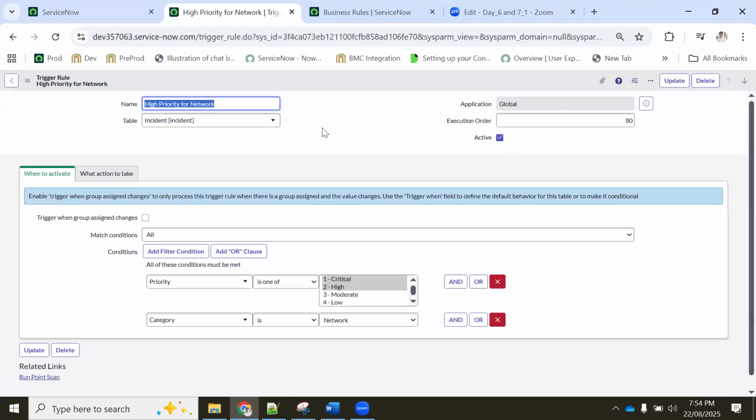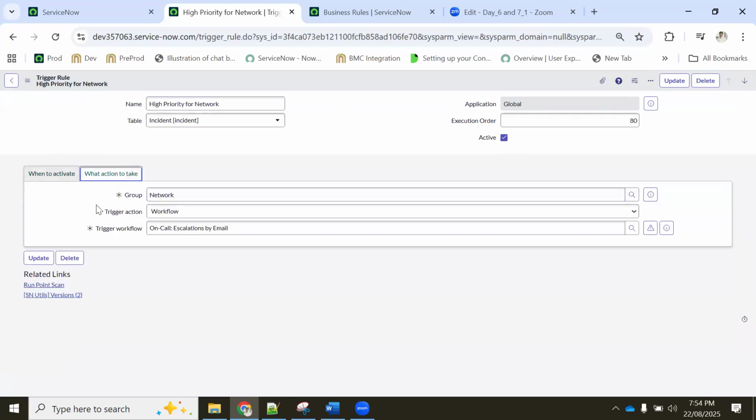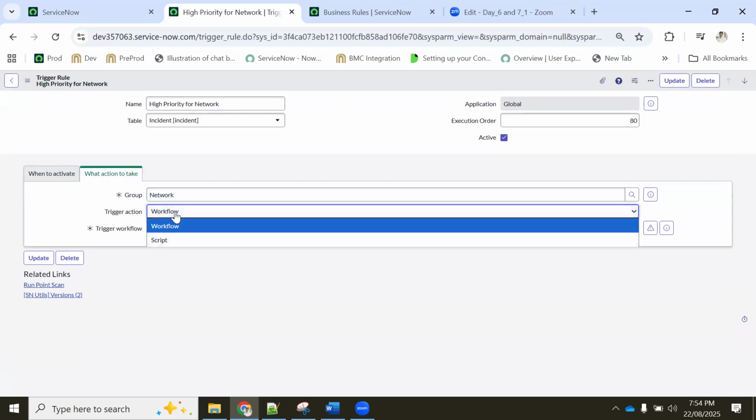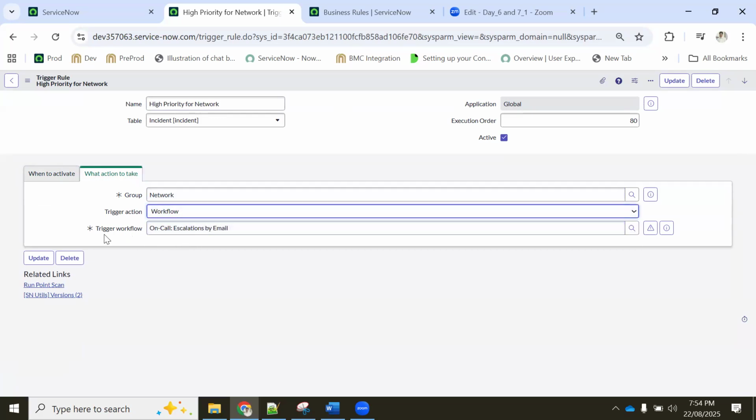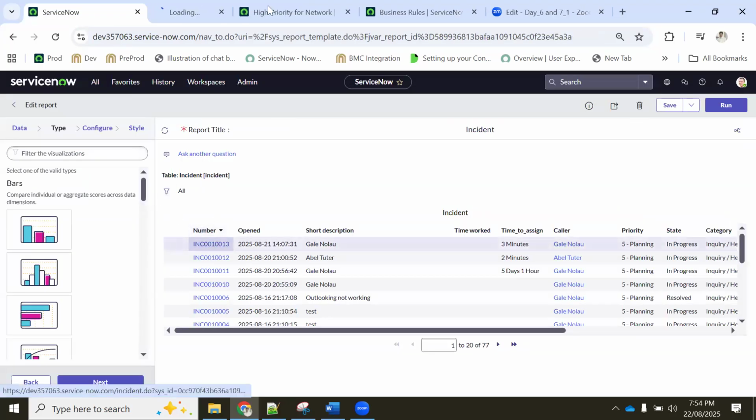So let's say if it matches P1, P2 and category is network, okay? What they are trying to do is group is network, trigger a workflow, and this escalation email they are sending, which is nothing but a workflow. If you see here,